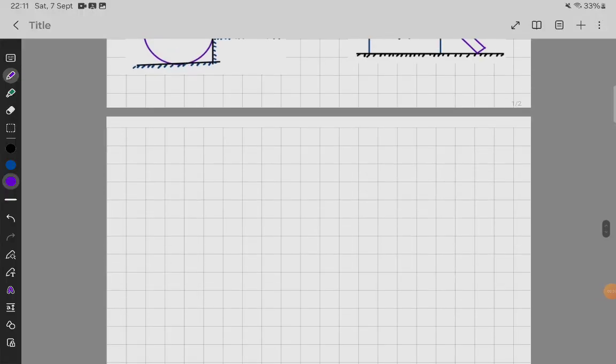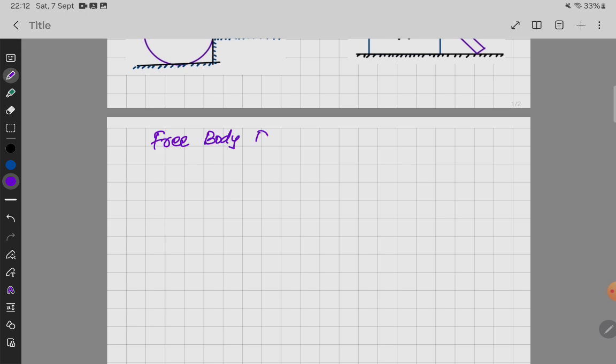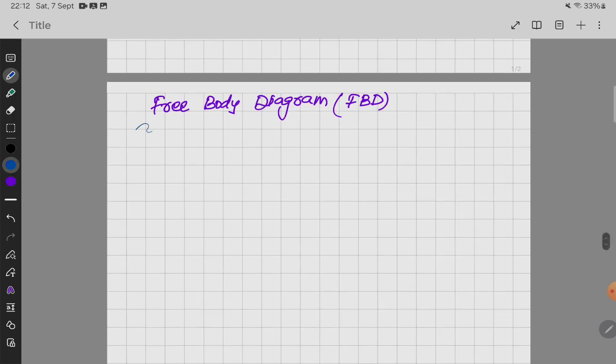तो आज हम फ्री बॉडी डायग्राम के बारे में पढ़ेंगे। Today we will study about free body diagram. So free body diagram, in short it is called as FBD, free body diagram. So here the concept is,